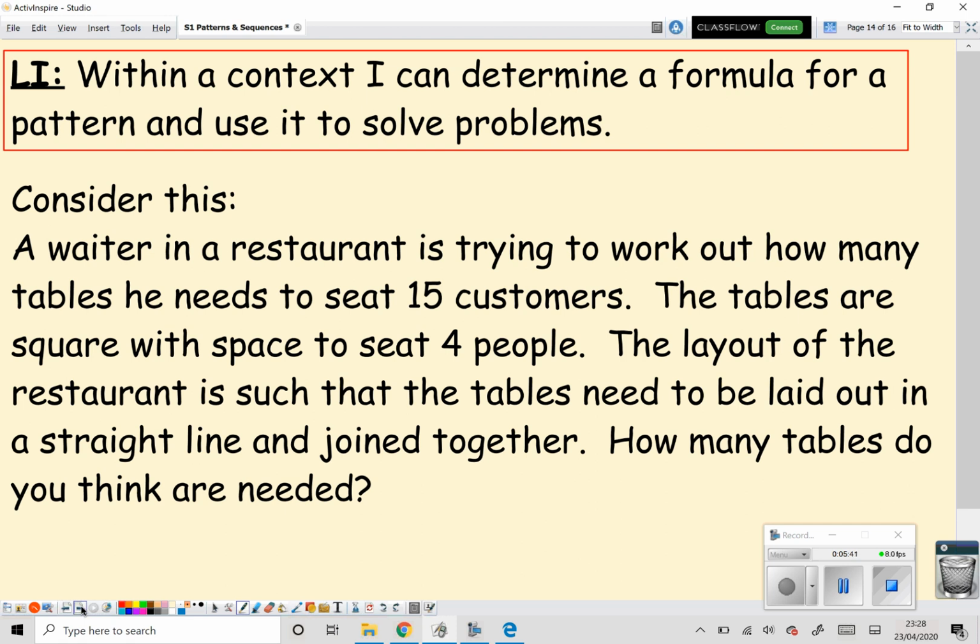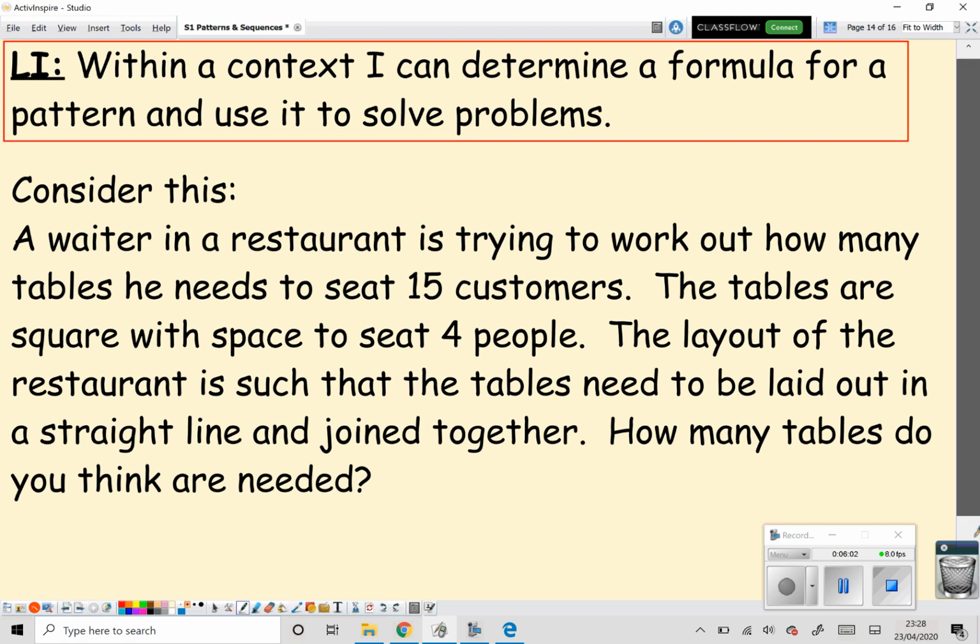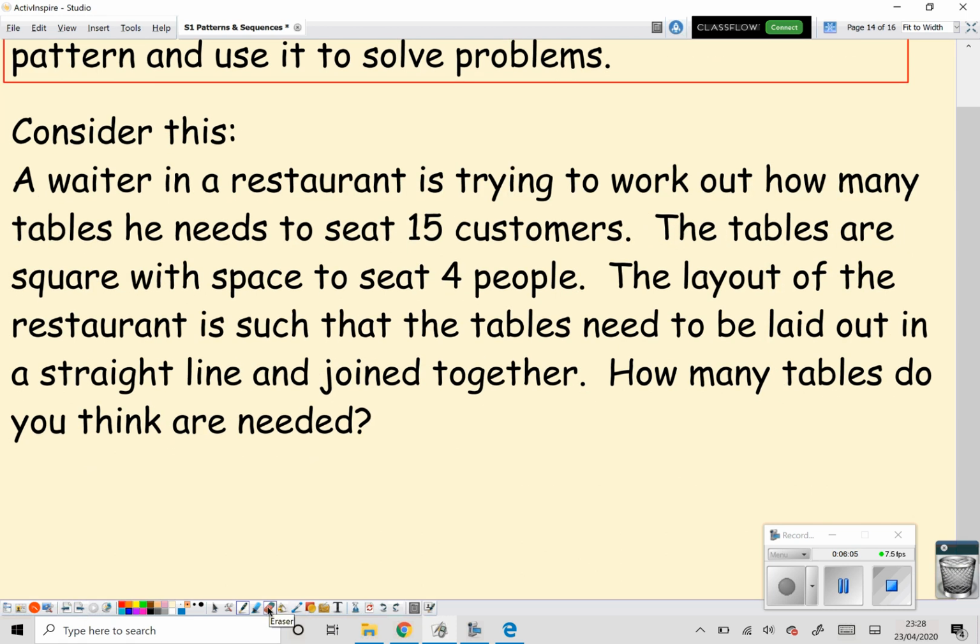So what most people think is that if there's 15 customers and each table seats 4, then 15 divided by 4 gives us 3, and 3 left over, so I'll need 4 tables. Yeah, okay, that would be sensible. But 4 tables is the wrong answer, right? And the reason for that, if you think about this problem,